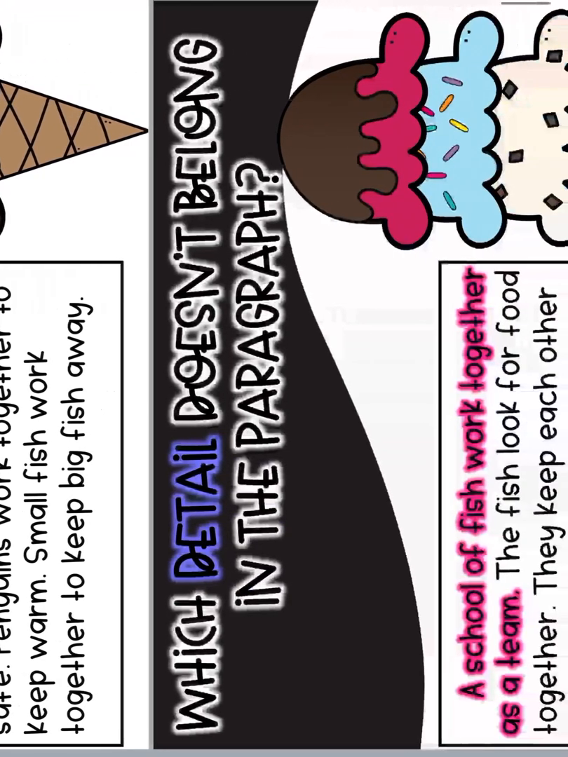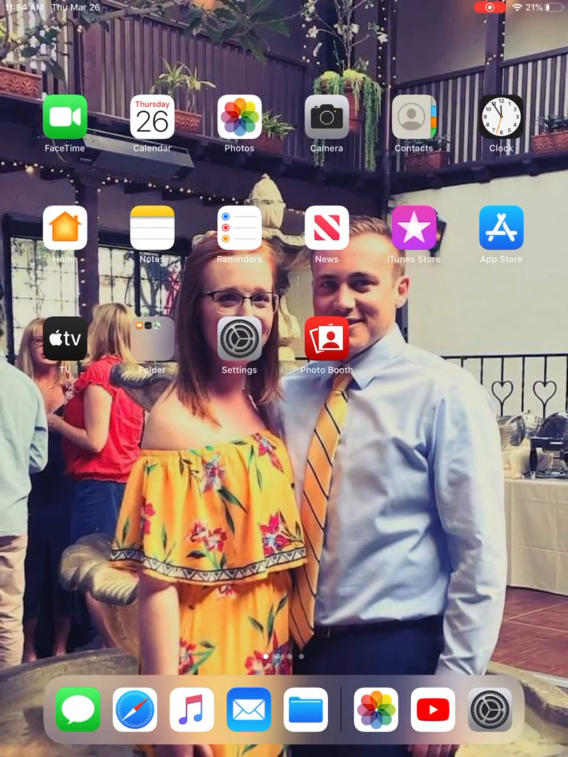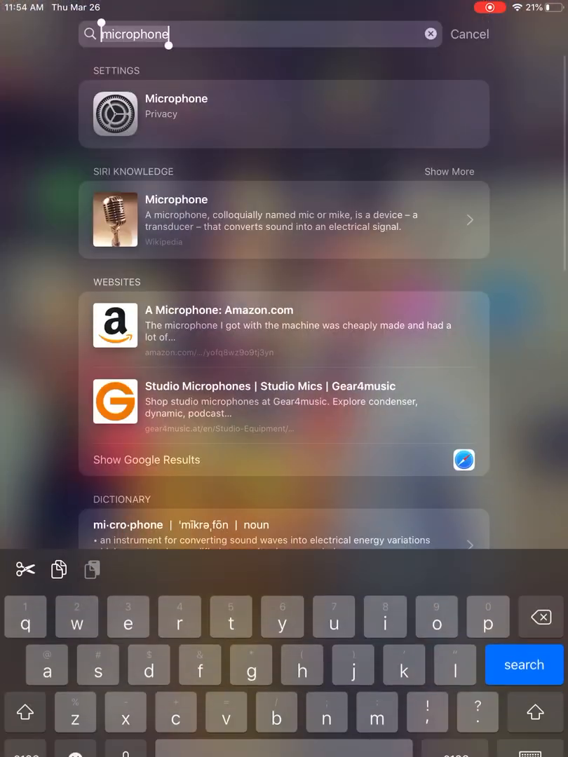No. So if you scroll down here, if we look at our next slide, a school of fish work together as a team. That is our main idea, but penguins work together to keep warm has nothing to do with the fish working together. I'm sorry, I don't know why that screen just went blank, okay? All right, I'm going to jump on over now